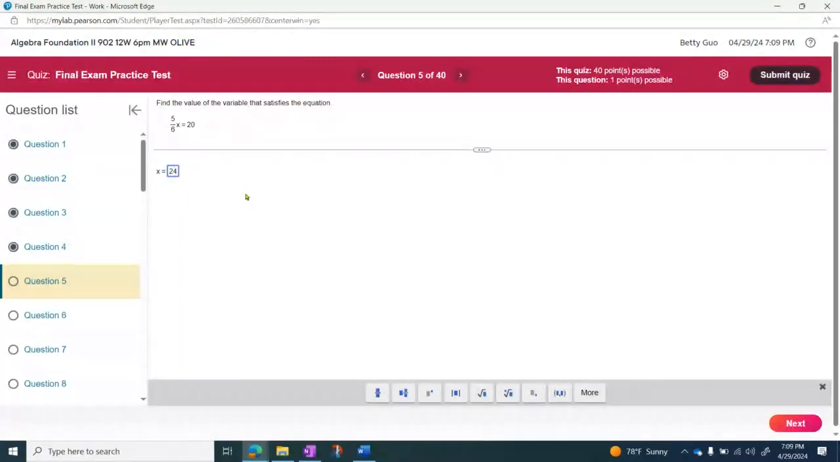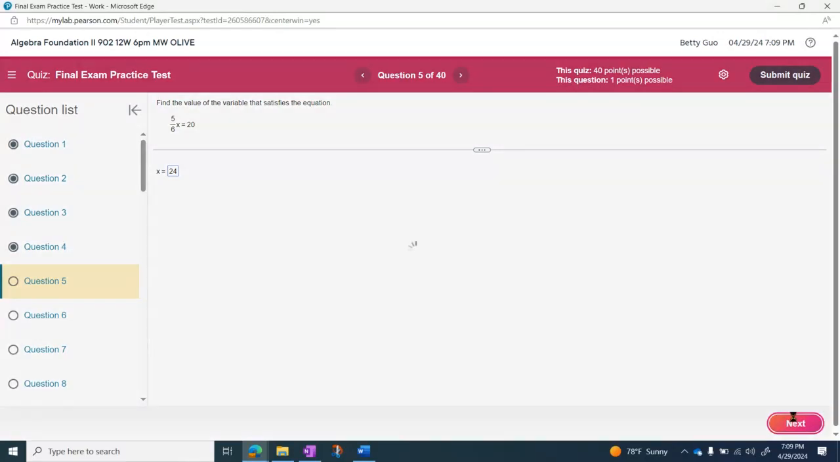Something like this, I recommend that you use your calculator to double check your answer, plugging in. Only when 5/6 multiplied by 24 gives you 20. Next,